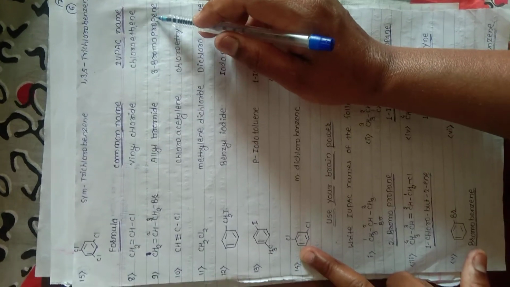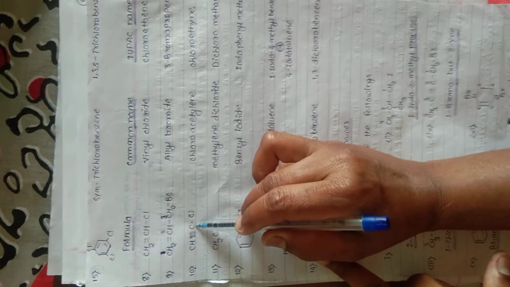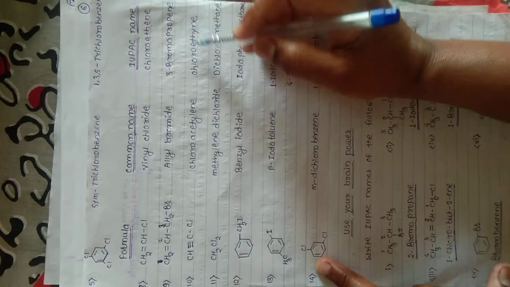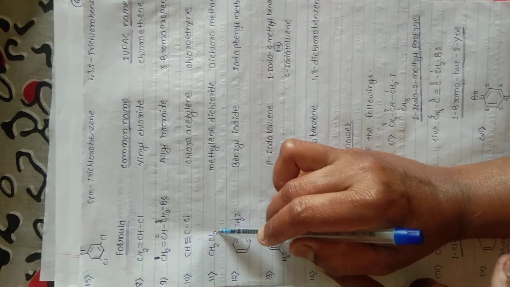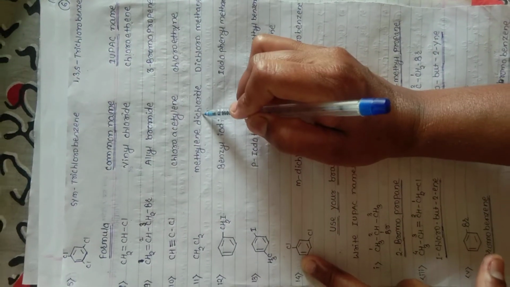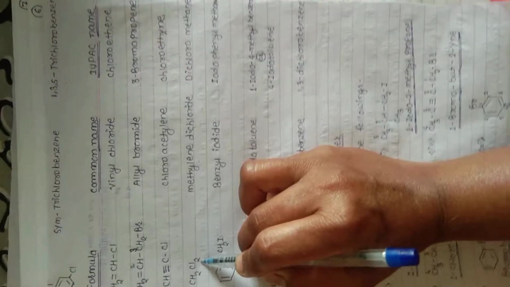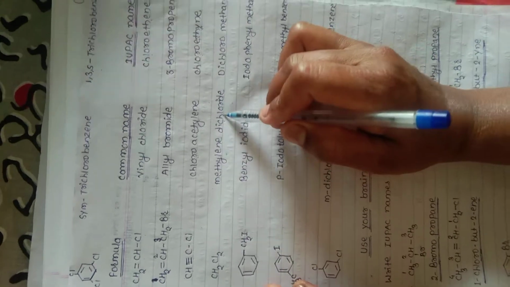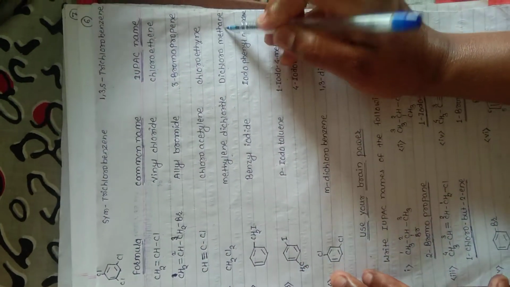3-bromoprop-1-ene, or it is also called propene. 10th example is CH≡CCl. Common name is chloroacetylene and IUPAC name is chloroethyne. 11th example is CH2Cl2. It is called methylene dichloride. In our textbook, this example is first. In the textbook, the common name given is methylene chloride. It is wrong. It is called methylene dichloride and IUPAC name is dichloromethane.